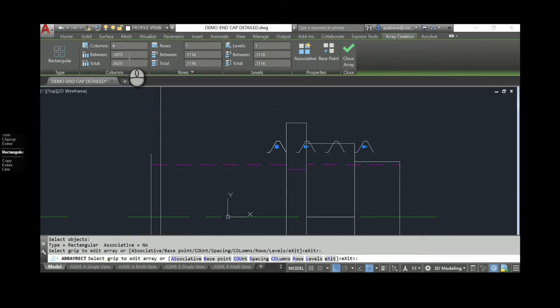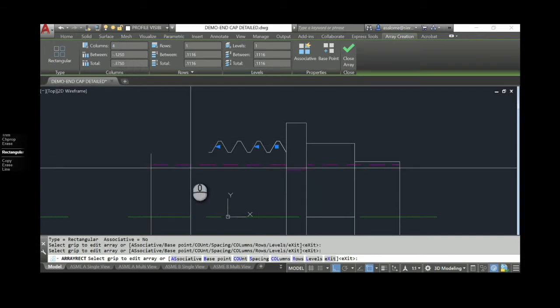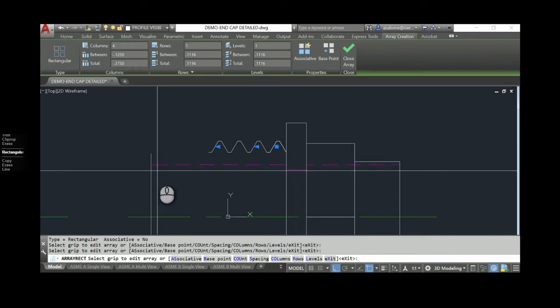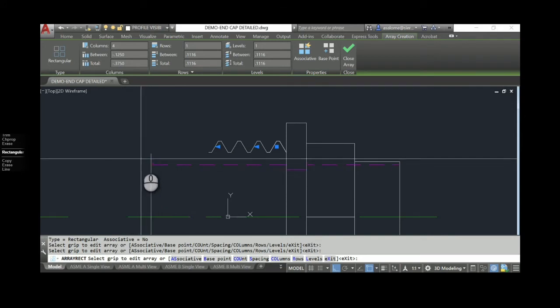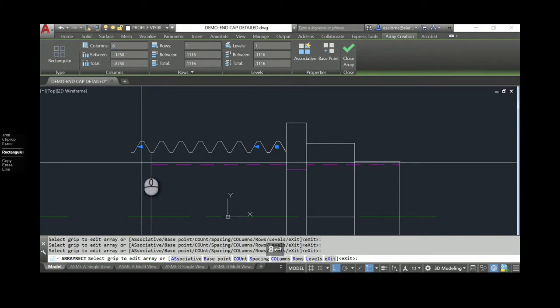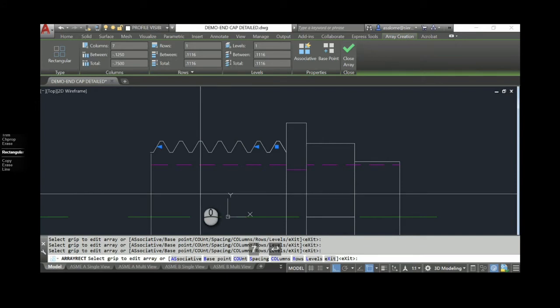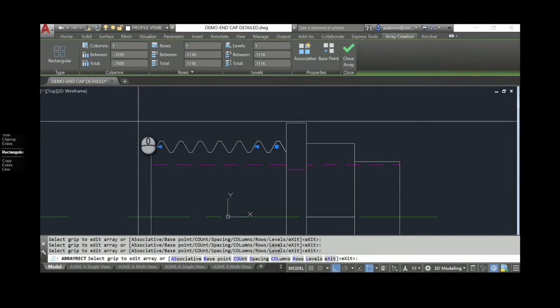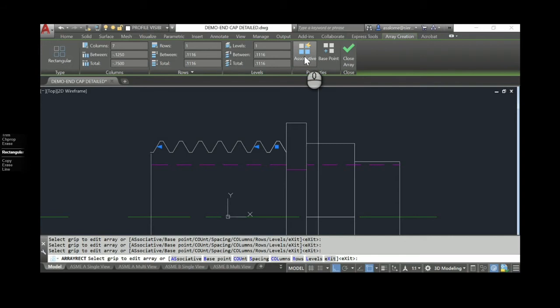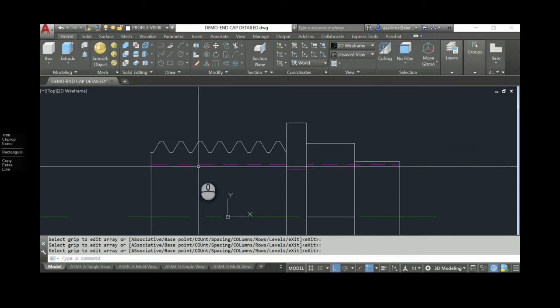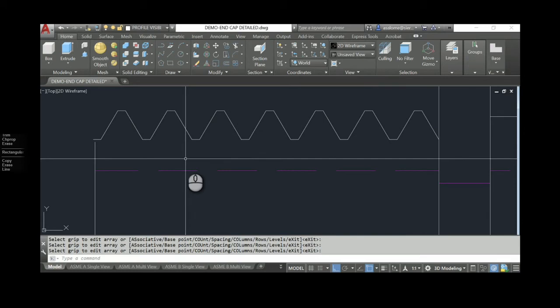We want the between distance to be -1/8. That's going to take those in that direction. Now, you can do the math and calculate how many of these you need. I'm going to guess I need about 4 more. So let's go 8. That'll work. I actually only need 7, huh? Let's go 7. Okay, and that's pretty darn close to what I need right there. Okay, I'm going to take the array, make sure associative is off. I'm going to keep that array, and that's going to be the beginnings of what's going to happen here.